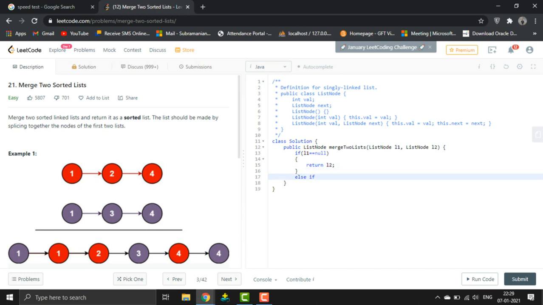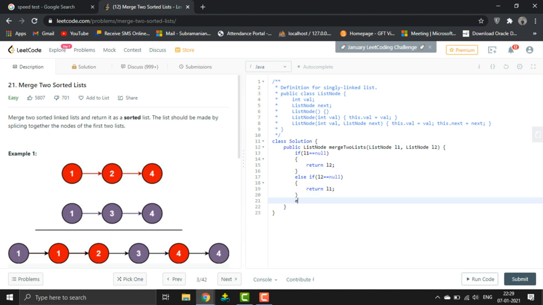If the first node is null, I mean if this is null, then we have to return the second linked list, right? Because there is no other way. If L2 is null, then we have to return the first linked list, right?